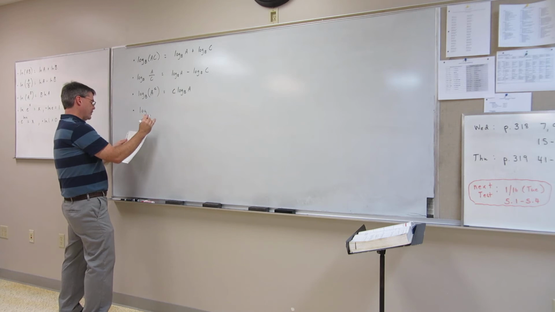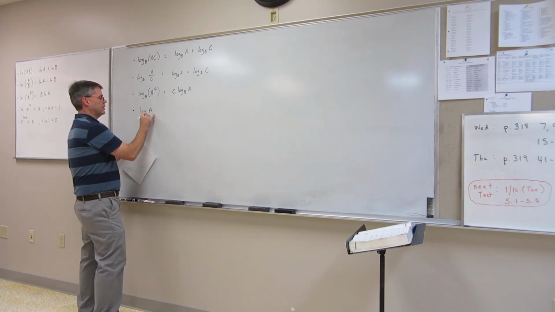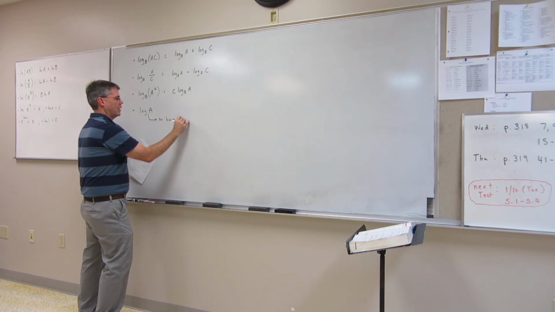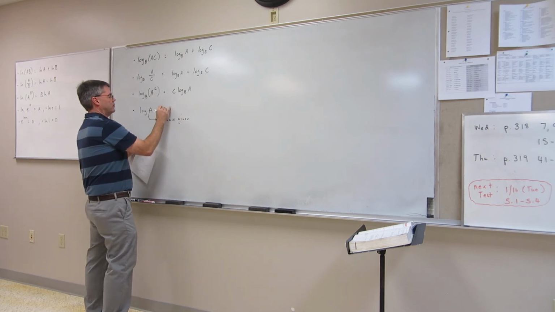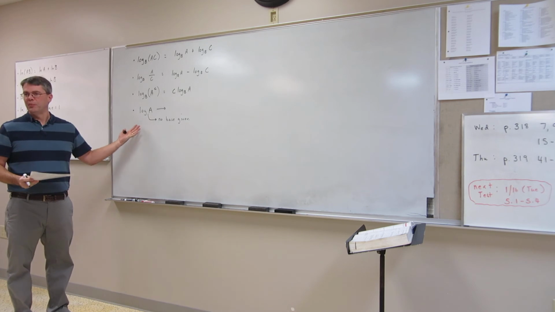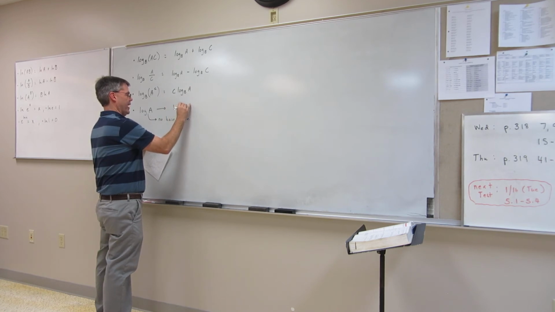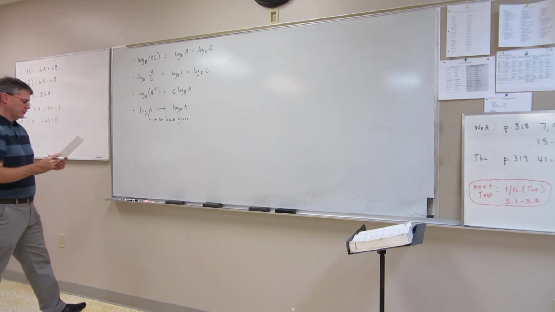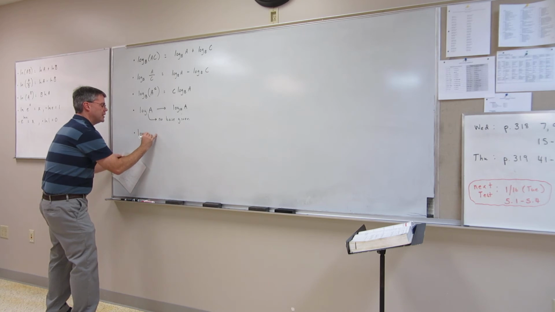Now, if you just have log of A and no base is given, what is it? Does anyone remember what base it is if no base is given? 10? 10, that's right. So that's log base 10 of A. And log base B of A